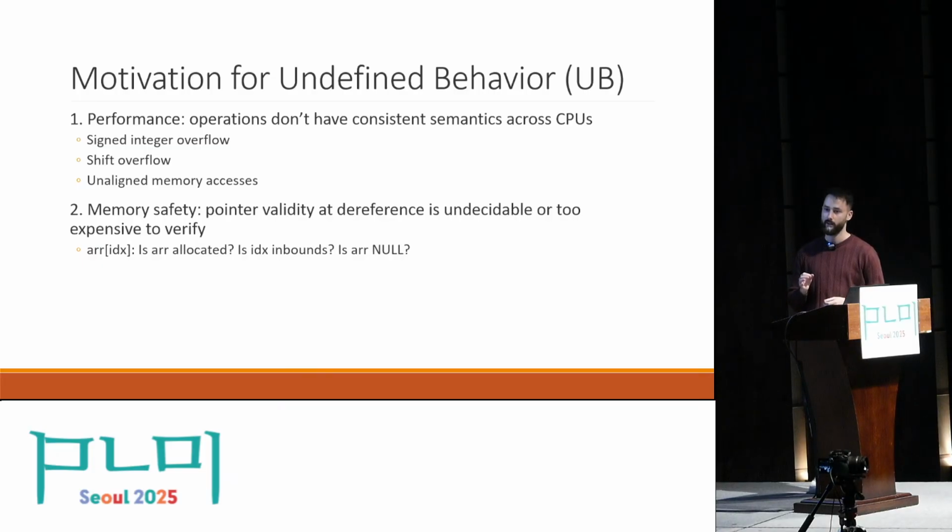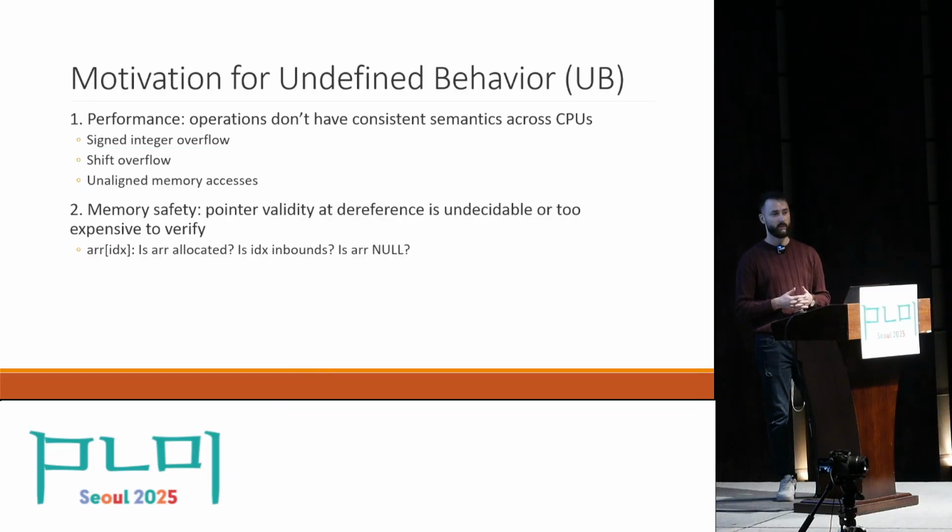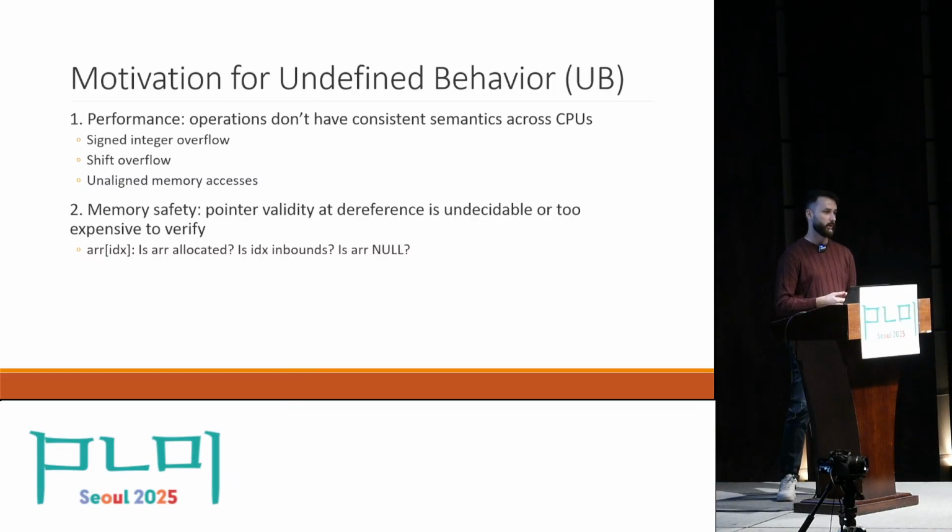First, some operations don't have the same semantics on all hardware architectures. Take shift overflow, for example, when you shift an integer by 32. x86 uses only the 5 bits of the shift amount, while ARM zeroes the result out. Imposing a single uniform semantics would result in inefficient code generation and would penalize the other architectures.